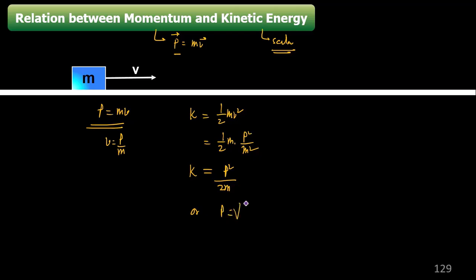Similarly, the same particle, if it is moving, has kinetic energy K equal to half m v square. Now from p equals m into v, I can write v equals p by m. If I put it over here, I get half m into v square, which means p square by 2m square. Ultimately, it gives p square by 2m. So kinetic energy is equal to p square by 2m, or I can write p equals root of 2mK. So momentum can be written as the root of 2m into kinetic energy.